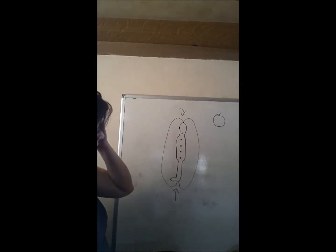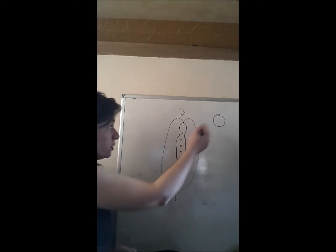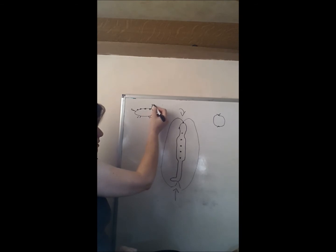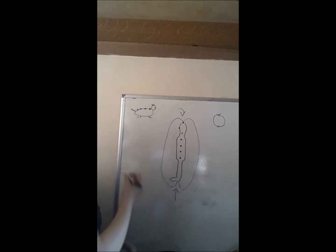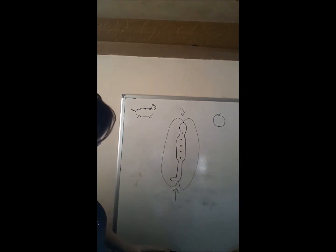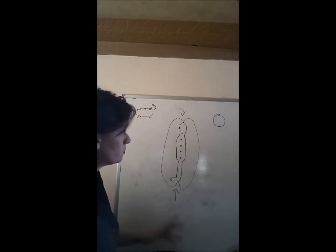But what's not commonly explored is the fact that animals on the planet are configured horizontally. We have a little cat here, like this, right? All their chakras are along their spine, but obviously their spine is horizontal. So it was interesting that we're obviously all vertical, and cats and dogs and horses and all the other animals,